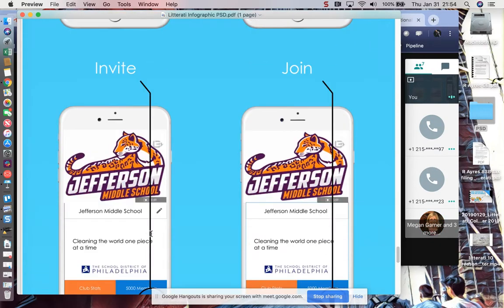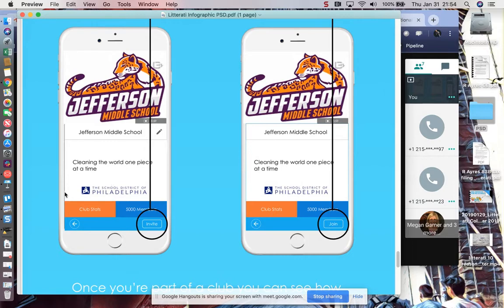And once you've done that, that's what will appear at the bottom, like this one here. It says the school district of Philadelphia. That will appear at the bottom of your club. So save that, and then you can send invites. You can send the invites via text or via email, and you can post that URL that's created into social media if you wish.